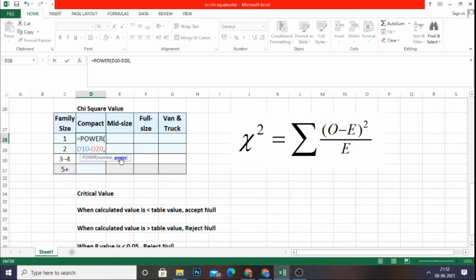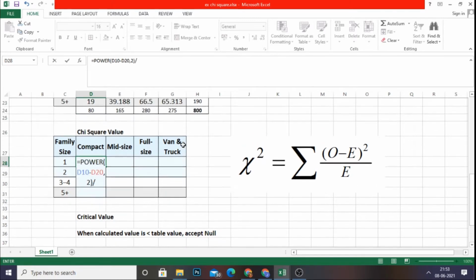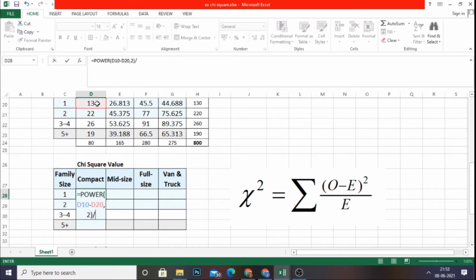Okay, and then power is 2. Click this, give 2, close the bracket, divided by the expected value. Expected value is again this. Click this, give enter. So 3.76 is the value for this particular cell.